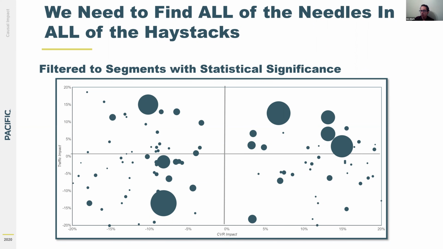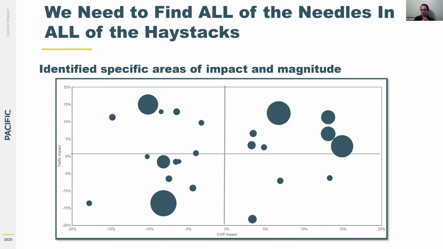So going back to our 14,000 test reads, obviously you're seeing a lot fewer dots on this than the previous chart. That's because we've reduced this down to only the results that actually had statistical significance. Based on those 14,000 test reads, this determined that only 38% of those had come back with statistical significance, making it a lot easier to reconcile these impacts faster. And then finally,